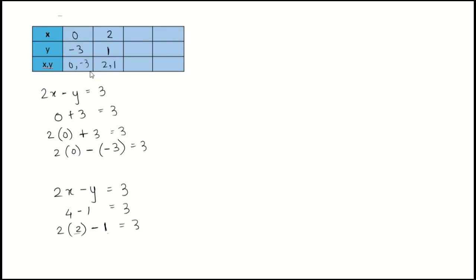We need to find 2 more points for this equation. 2x minus y is equal to 3. Let's write down the possible points. We can also write 6 minus 3 is equal to 3, where writing down 6 minus 3 in equation form is this: 2 into 3 will give us 6 minus 3 is equal to 3. That is 6 minus 3 is 3, where x is 3 and y is 3. So the point is 3 comma 3.